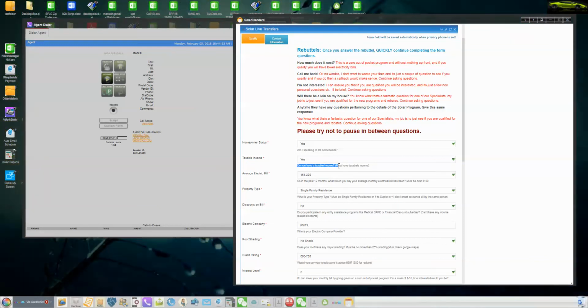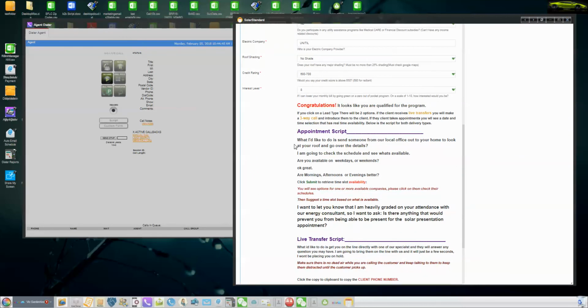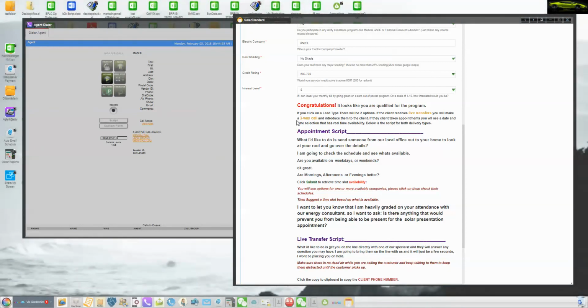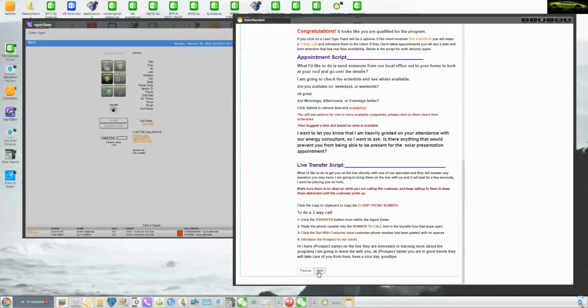So do you have taxable income? Oh, okay, yes, okay, great. And what would you say your average electricity bill is? You just continue through the questions because there's no point in wasting your time unless you know they qualify. You always want to just focus on qualifying, and then you can get to the convincing after that. And when you're done, you'd basically say, well, congratulations, it looks like you are pre-qualified for the program. That's what you'll tell them, and then you'll follow the next instructions based on what they're qualified for. So for example, if I hit next here,